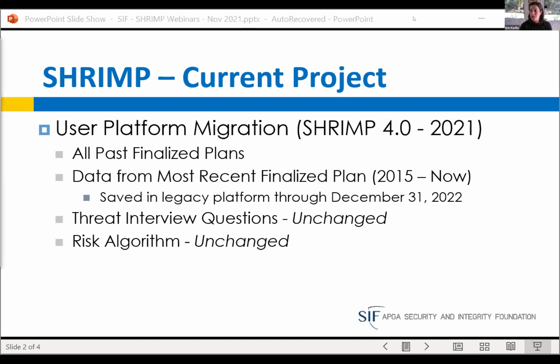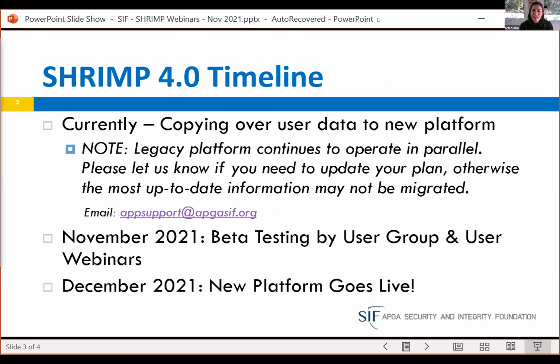If, for some reason, you updated your distribution integrity management plan through a different means since 2015, we won't pull that old data over at this point. We'll assume that a lot of that has changed enough so that you would want to walk through the entire tool itself. And so if you want to go to the next slide, just to give you an update on